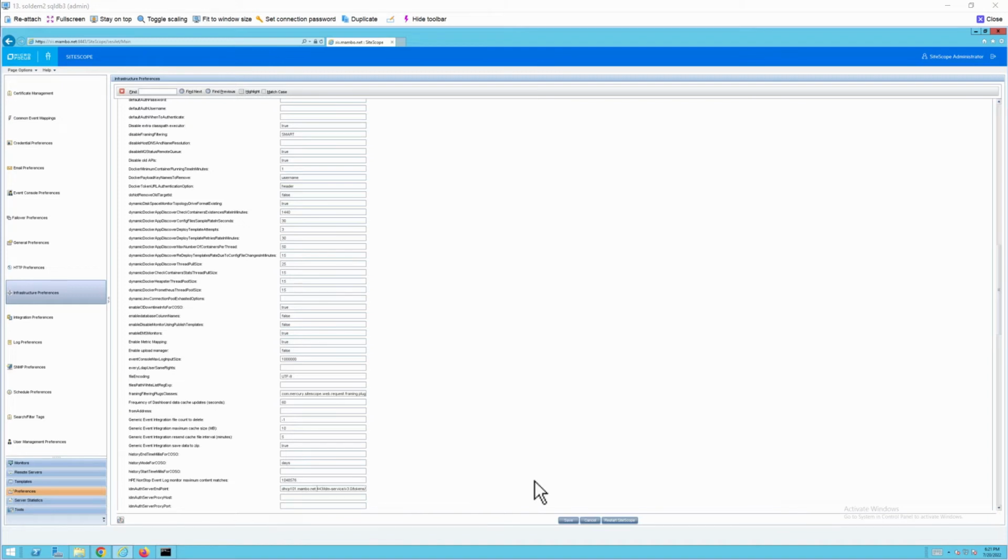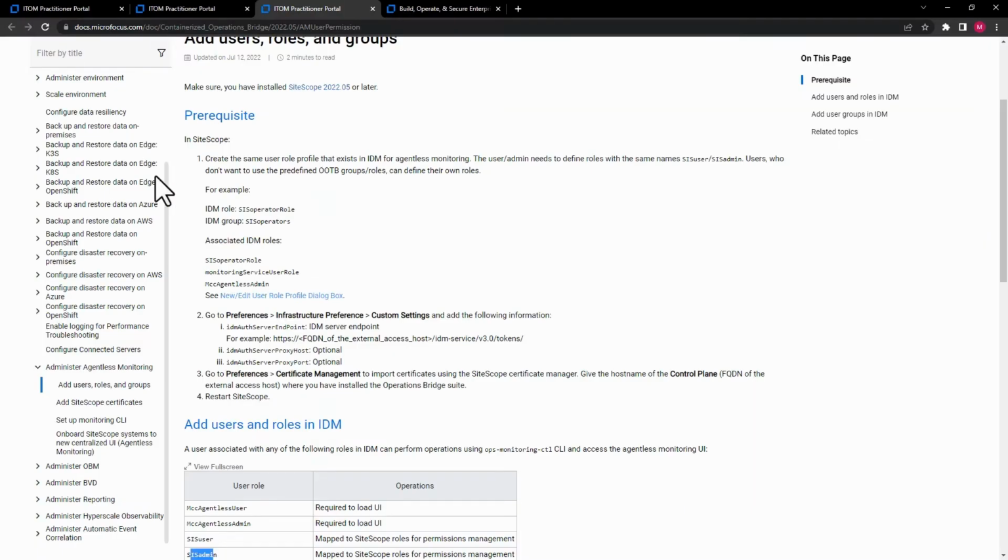So I am updating it with my system on which I have deployed this one, agentless monitoring. That is one step that we have to do. For now, we are not using any proxy or the proxy host, and we would have to import our control plane certificates. So, from the